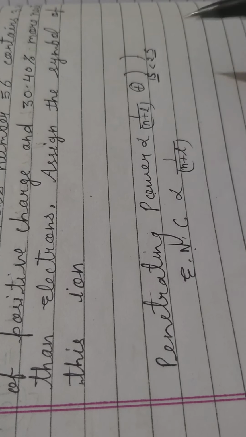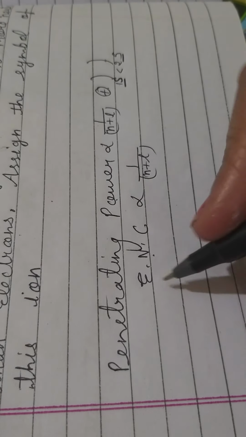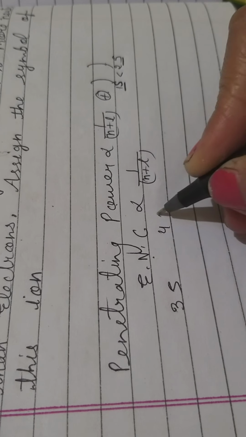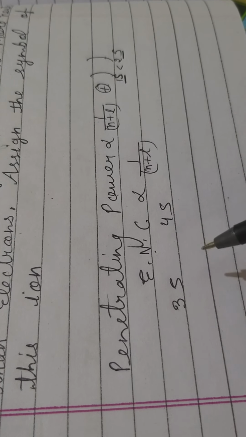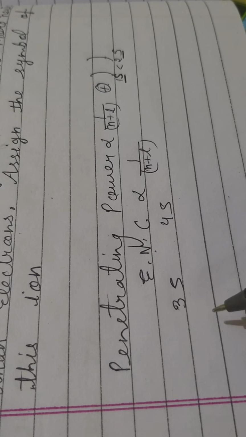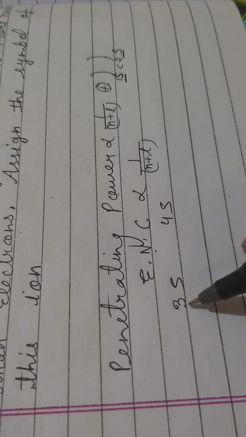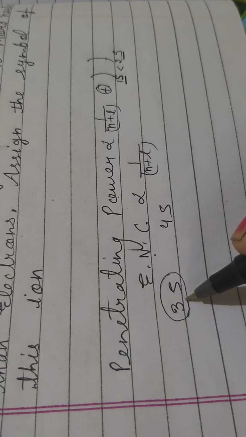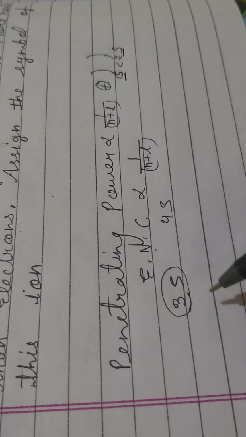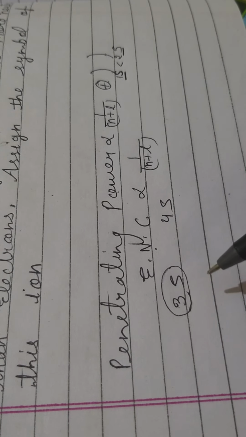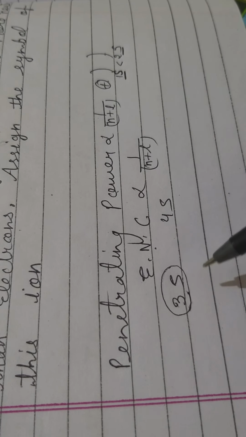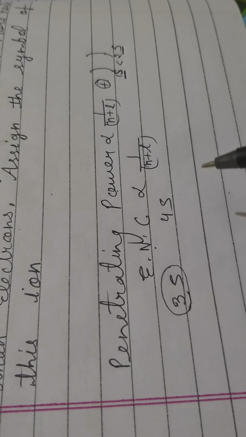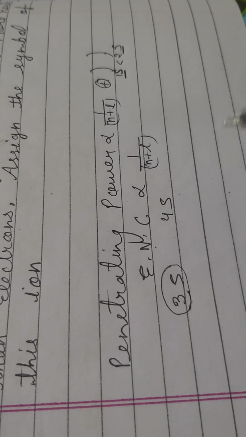Okay, so suppose two different orbitals have been given, like 3s and 4s. Here the question will be, which orbital has the higher penetrating power. If you find out, its n plus l value will be the lesser one, so its penetrating power will be the higher one. So if you get these types of questions in NCERT to solve, you have to solve them by following that format. Okay, so I think you all have got the problems which I have discussed today.